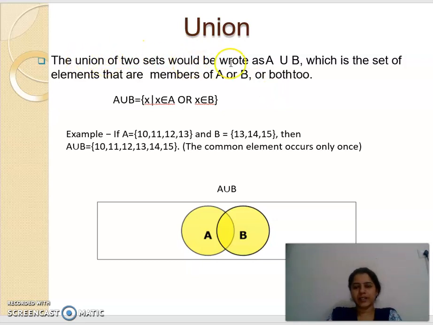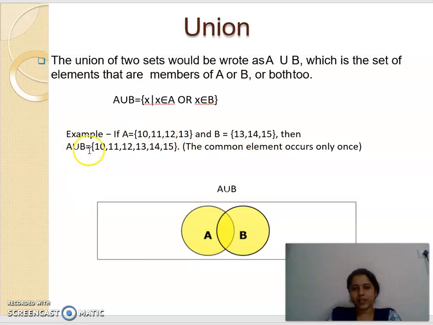Union of two sets is written as A union B. Here we use the U symbol to represent the union. It is the set of elements that are members of A or B or both. So A union B is represented as X such that X belongs to A or X belongs to B. That means we take all the elements of A and all the elements of B, combine them, then you will get A union B. For example, A contains 10, 11, 12, 13, B contains 13, 14, 15.